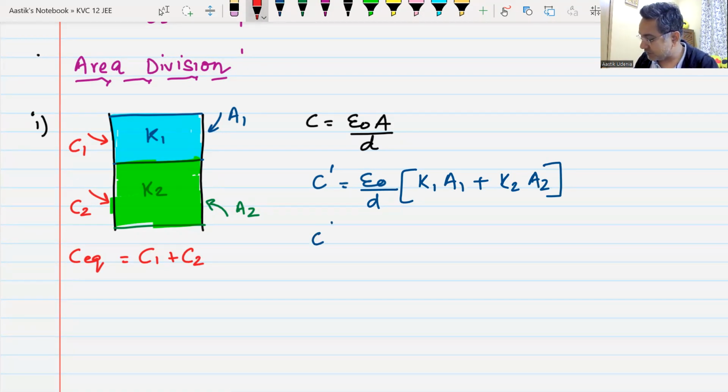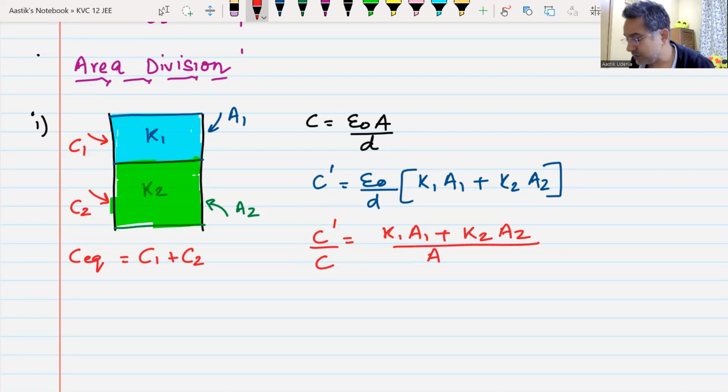You can straight away write the ratio of C dash by C. It will be equal to K1 A1 plus K2 A2 divided by A, and that would be your answer in this case. This is known as the area division of capacitance. Everyone understands this? Yes or no? Okay, this is area and